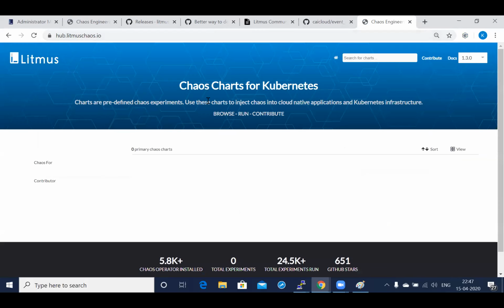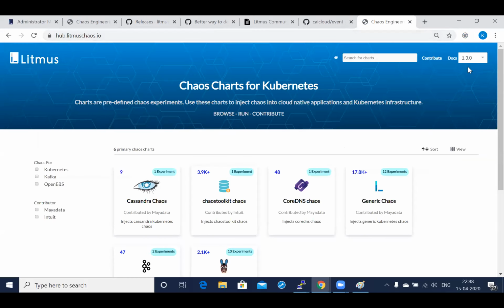So in the Litmus hub, you actually can now select versions. Thanks to Chandan for quickly getting this feature up. So you could choose your chart bundle by going through these versions. We've started doing releases on the charts from 1.10 onwards, so the docs also have been updated to use the experiment links from here. So that is a nifty feature. If you are on an older release and want to browse manifests from that release, you could do that now.